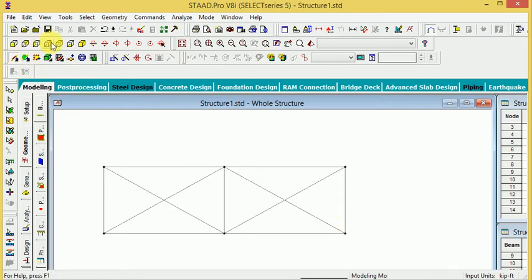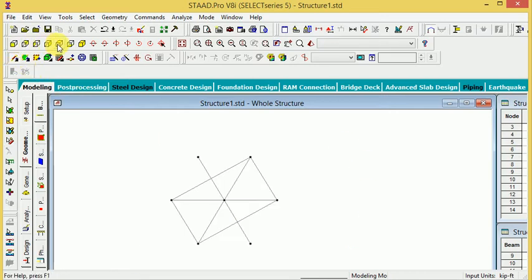Same thing on another plane: click the top plane. If you join this point, and if you apply the node beam, it is very easy to join from node beam.